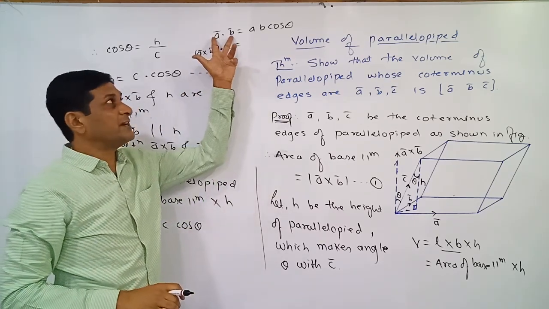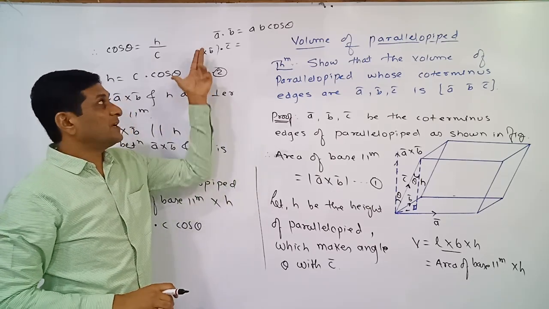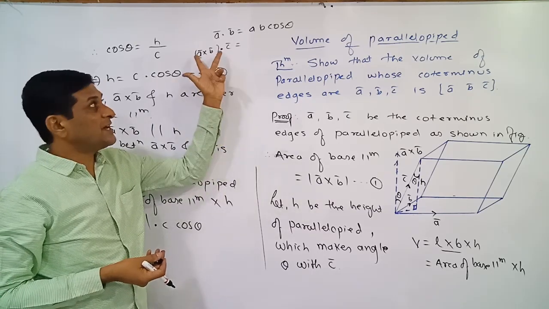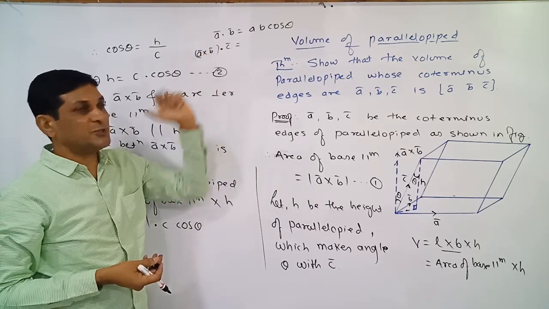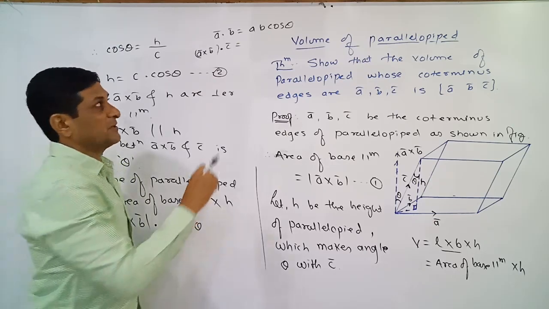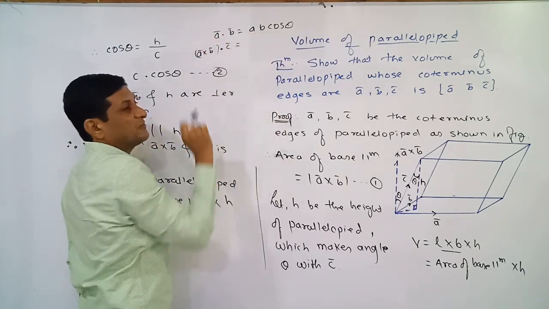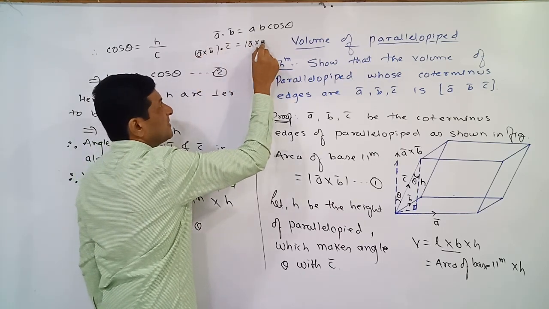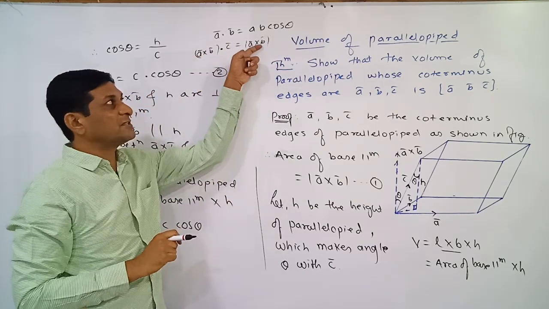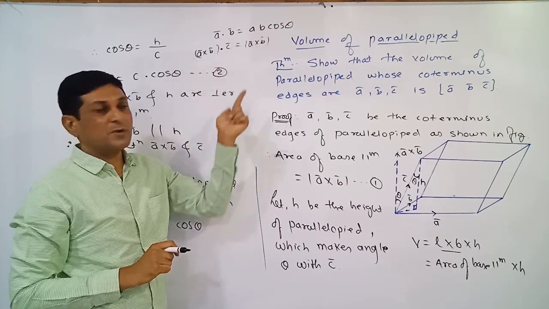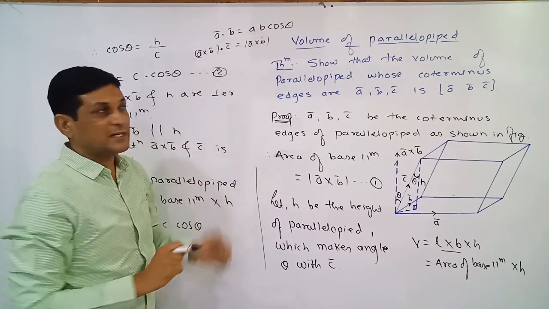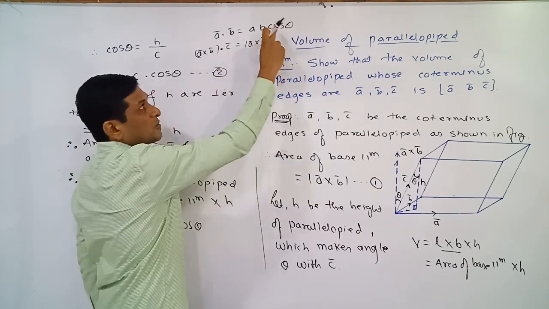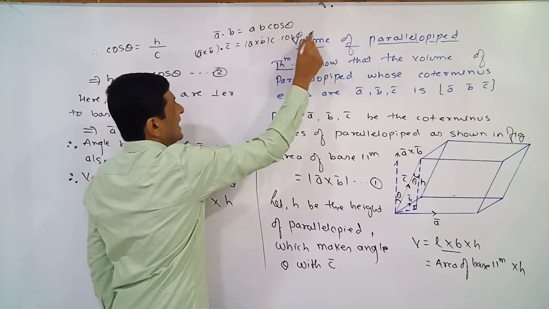Here also, the definition of dot product is already known to us. So A bar cross B bar is also one vector, and C bar is also one vector. Now we are finding the dot product of these two vectors. According to the definition of dot product, what is the first term? The first term is the magnitude of the first vector. Here, which is the first vector? A bar cross B bar. So its magnitude is denoted by this notation. Again, according to the definition, the second term is the magnitude of the second vector. But here the second vector is C bar, so its magnitude is C, into cos theta. Cos theta is nothing but the angle between these two vectors.